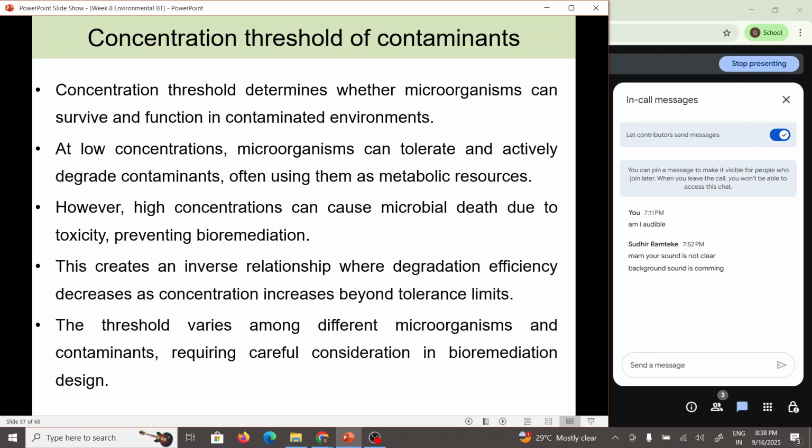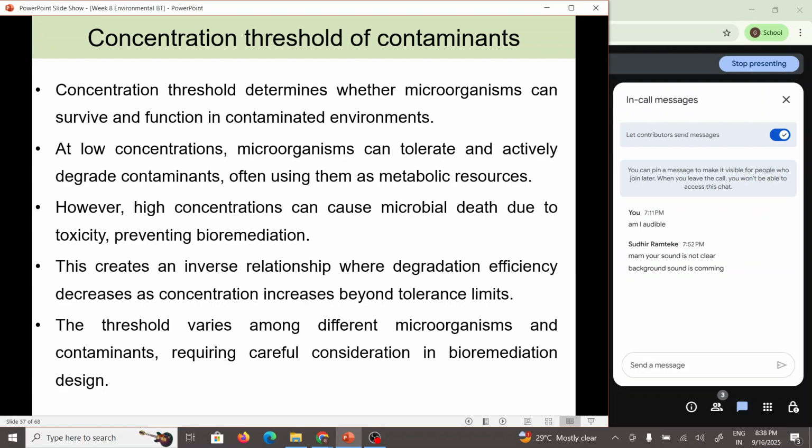However, at high concentration, what happens is the microbe is not able to survive that much high amount of contaminant. The contaminant itself is very toxic for the microbial cells, and it hampers the general microbial processes of survival, DNA multiplication, cell multiplication itself. Therefore, it causes the microbial death, and it prevents the bioremediation. So this concept, where high concentration causes microbial death, creates an inverse relationship where degradation efficiency decreases as concentration increases